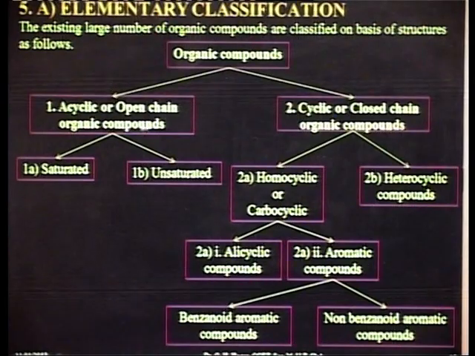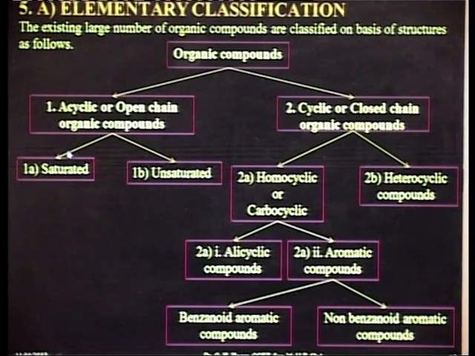First and foremost, we can classify them into two broad categories based on their structures. If they have an open chain structure, as we have studied in the last slides, they are called acyclic or open chain organic compounds. And if they have a closed structure, with no ends, then they are called cyclic or closed chain